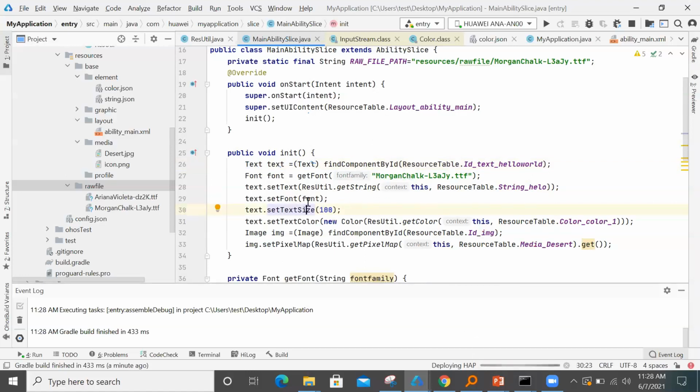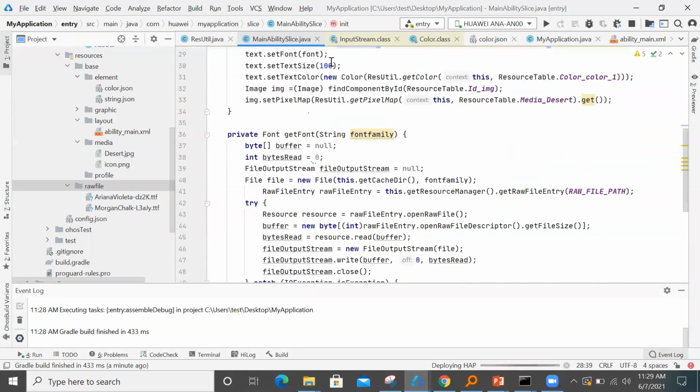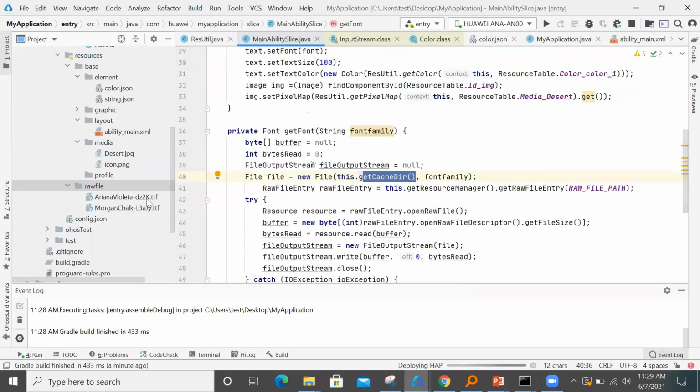Anyway, now how I'm doing it is, for get font, I'm using a get font method. Here I'm passing in whatever I have inside raw file, that is the raw file string, and then I'm creating a small file inside the device itself, so that whatever is contained inside this TTF is copied into a file inside the cache directory of the device.